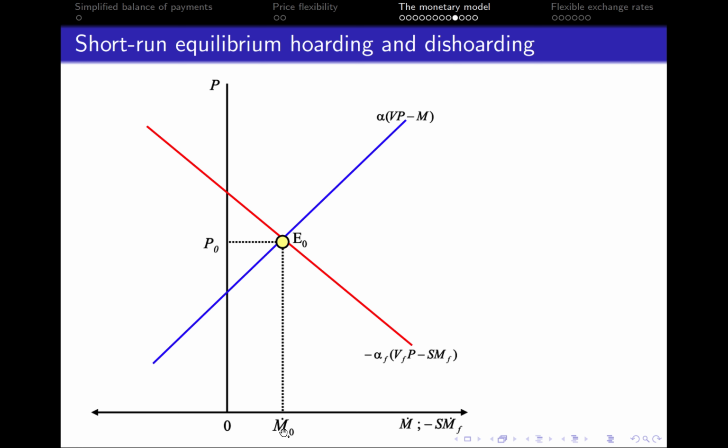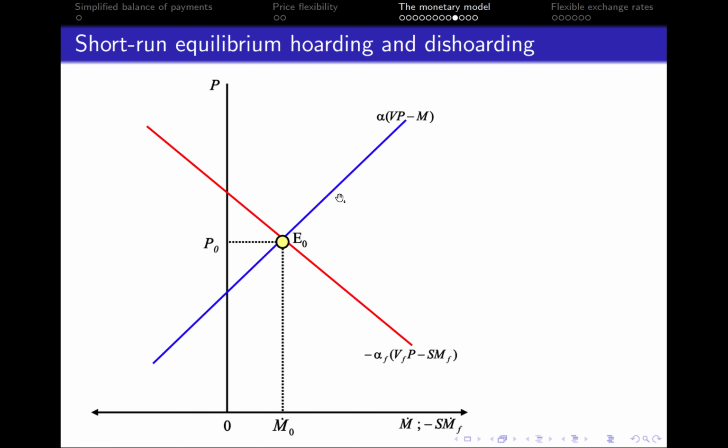because if money supply at home is increasing, right? So it's positive. Then the money supply in foreign must be decreasing because we are taking money from the other country. Now, on the vertical axis, we've got price level. And look, the two equations that build up the model, along with the law of one price, now are corresponding to two